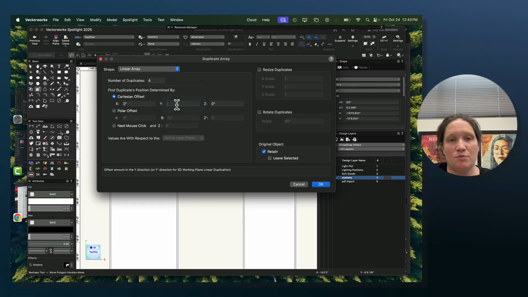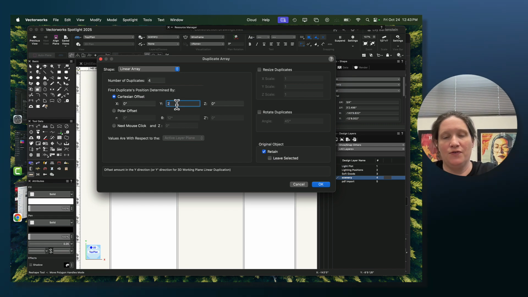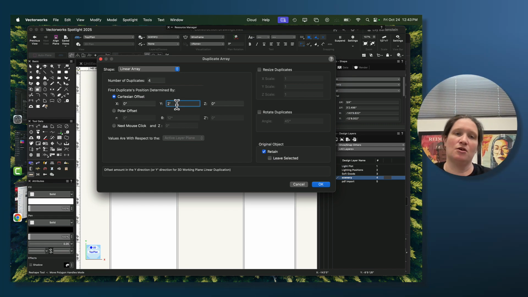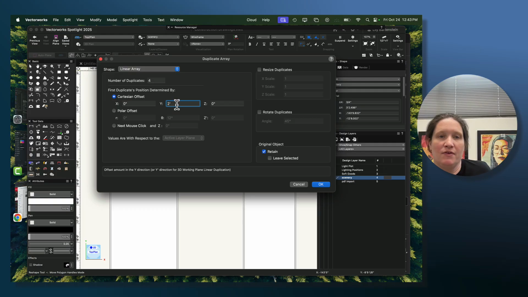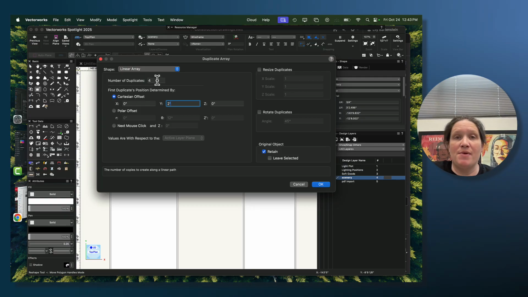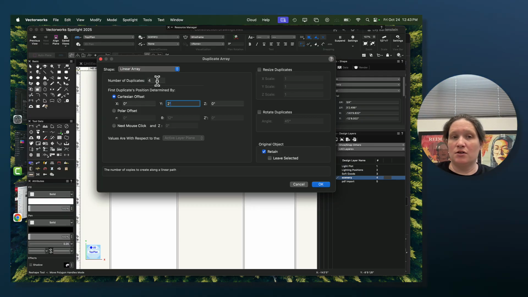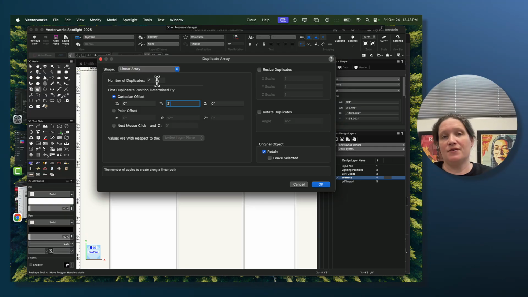So in our case, we want to move it over 2 feet, right? Which will get us close enough. It won't be perfect, but it'll get us close enough. So we say Cartesian offset, we say move it over 2 feet. We say 4 duplicates, that's going to be more than we need. If you're making your toggles that are going vertical, instead of this Y offset, you would use an X offset to create those duplicates, okay? Because you'd be moving vertically in space. Then you say, okay,